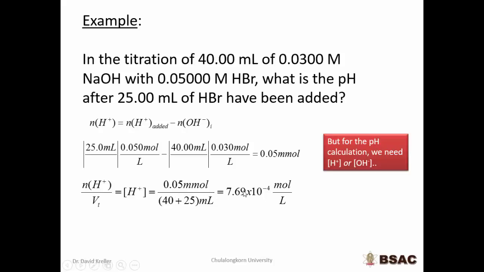So there's a concentration of hydrogen ions, but we need the pH calculation. So now we don't have to go via pOH. We can just take that concentration of hydrogen ions, take the negative log of it, and when we do that, we get